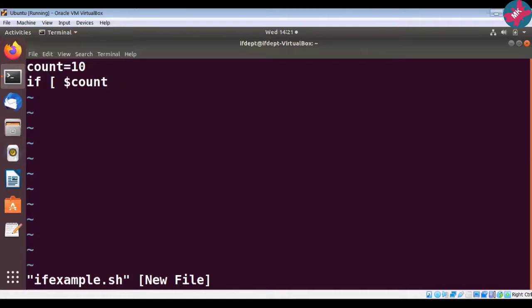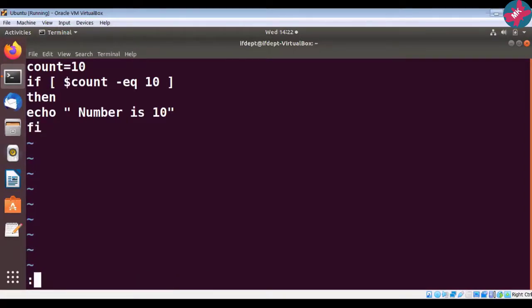So if count, space, dash eq, space 10, space, square bracket, then press enter, and then I am going to display something: number is 10, and end it with fi, isn't it? So let us press escape, colon, wq.